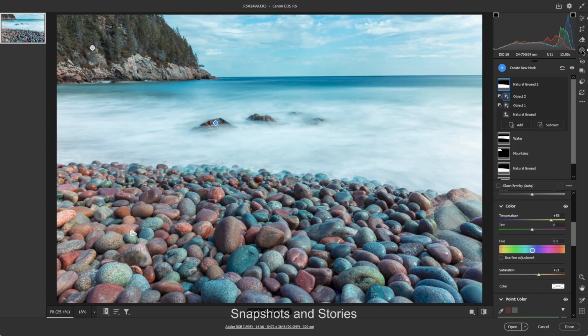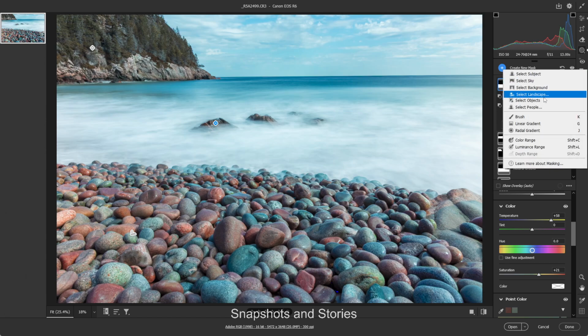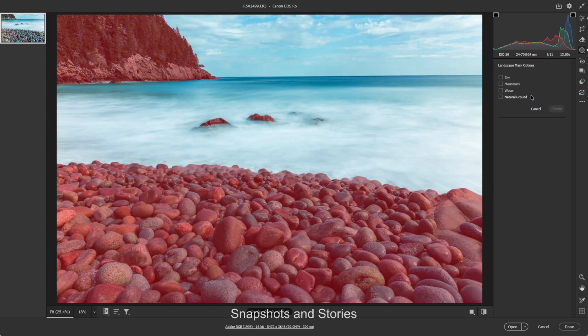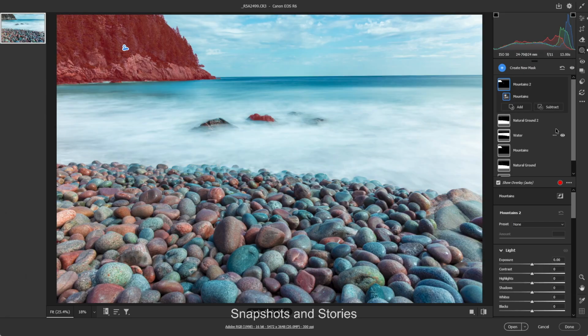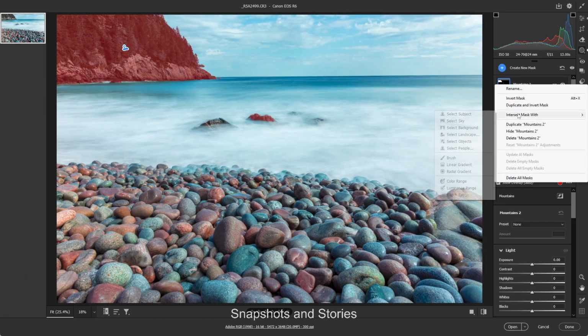So I'm going to go up and select yet another mask. This time I'm going to select a landscape again. I'm going to select mountains and create. Now what I'm going to do in the mountains, I'm actually going to intersect that, because there's a certain part of that I don't want to work with. So if I intersect that mask with